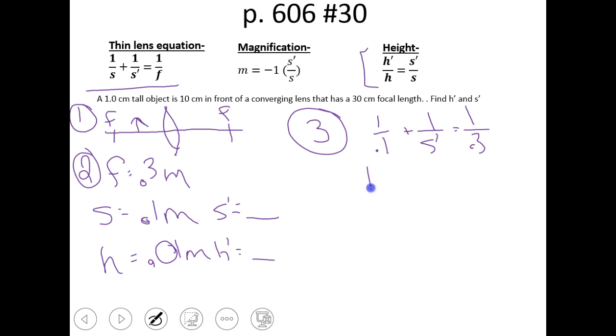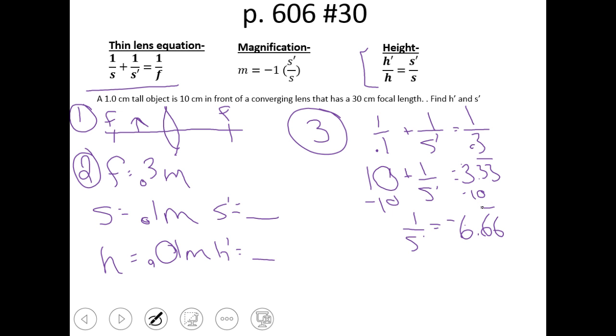This is going to be 10 plus 1 over s prime. Right? And then this is going to be 3.33 repeating. I subtract 10 from both sides, and I wind up with 1 over s prime is equal to negative, let's see, what is that, 6.66